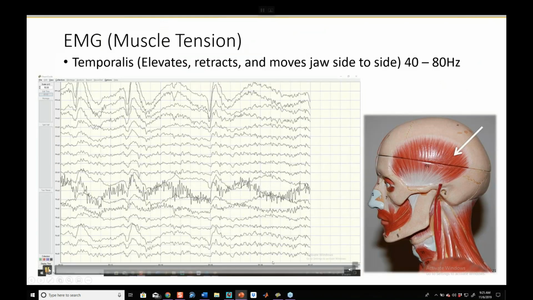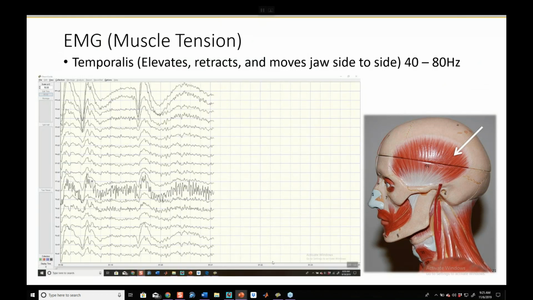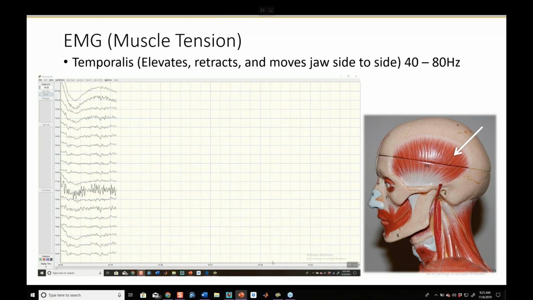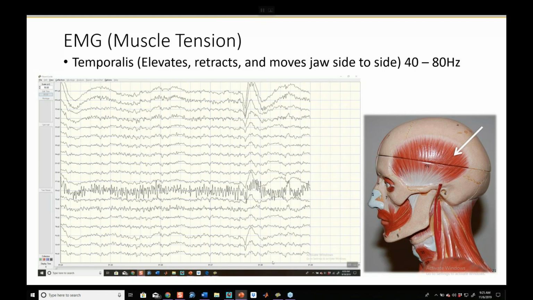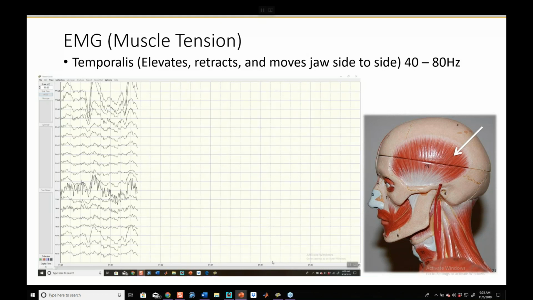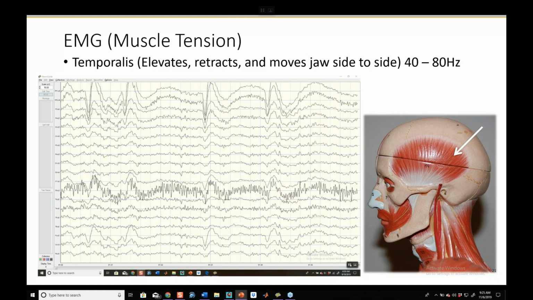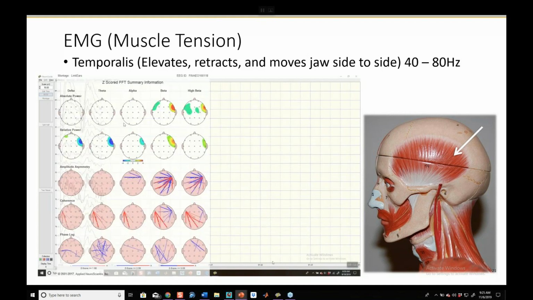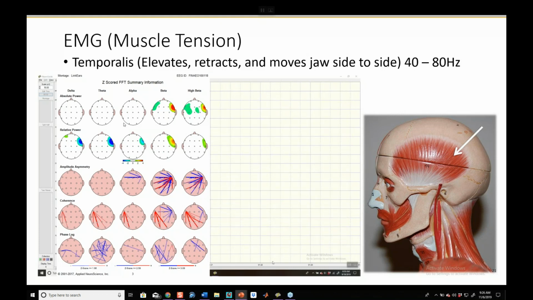So, as I alluded to, the temporalis muscle, this is one that we see quite a lot impacting T3, T4, F7, and F8, occasionally T5, T6. And in this case, we see that F8 is running alone. It's dancing to its own dance. It doesn't have any neighbors that are doing the same thing. And so what that's going to show up in a map is going to be this high amplitude right frontotemporal